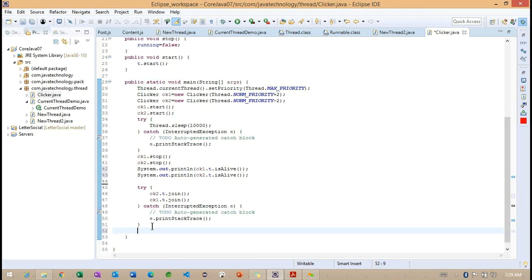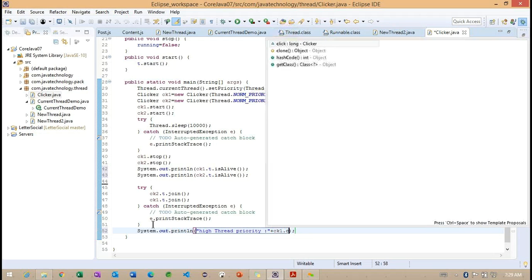After the catch block, here is the high thread priority. So how are we going to get this high thread priority? Using the ck1.click variable.